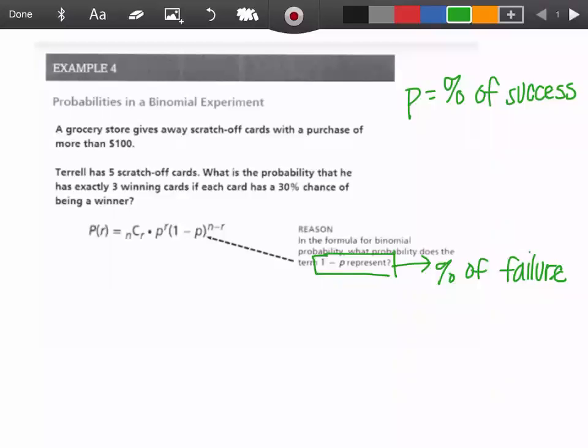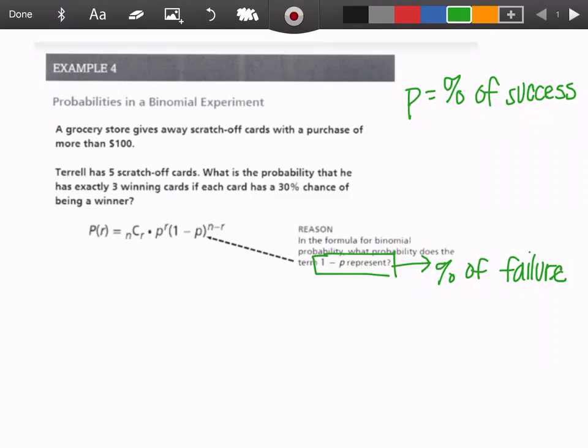In this video, we are going to find the probabilities in a binomial experiment. A grocery store gives away scratch-off cards with a purchase of $100 or more. Terrell has 5 scratch-off cards. What is the probability that he has exactly 3 winning cards if each card has a 30% chance of being